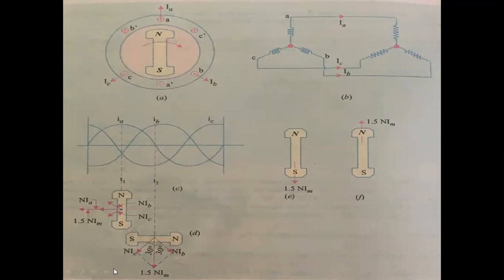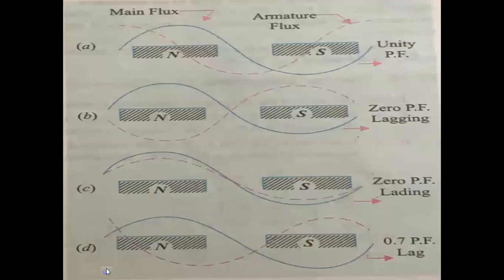Okay, so I will show you the next figure. All these are summarized briefly in the following diagram. So see, first one, unity power factor. At the unity power factor, in this case, the armature flux is cross magnetizing. Okay, and the result is that flux is reduced at the leading tips of the pole